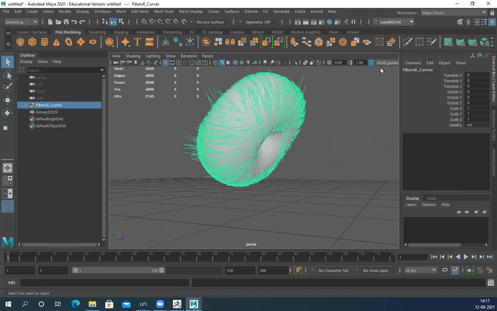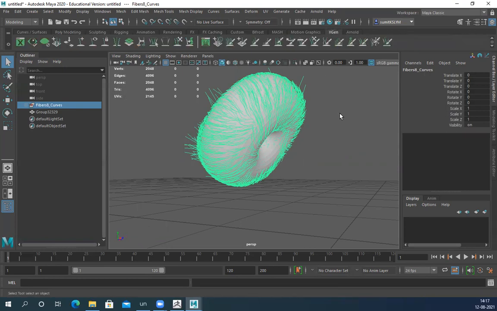Select this folder, and to generate hair here, you need a base. Without that, you cannot generate hair. Suppose you have a head and you want to generate hair, you need to duplicate the head, delete the rest of the part, and then generate this. So now go to XGen, which is default in Maya. You can select that.